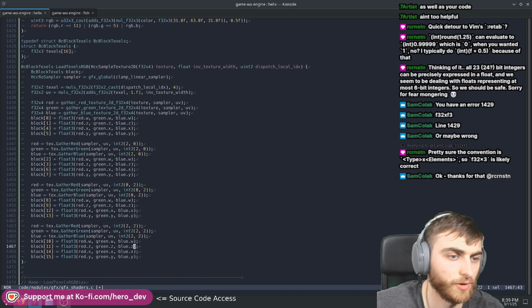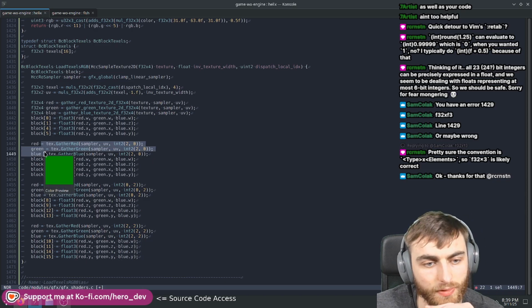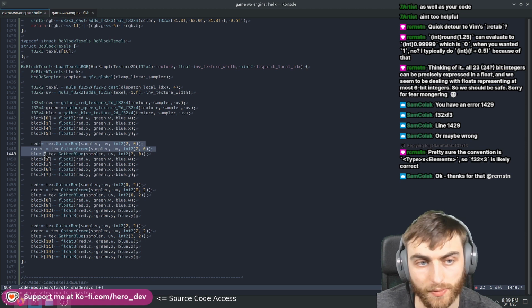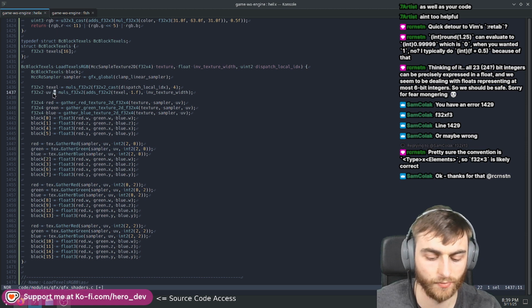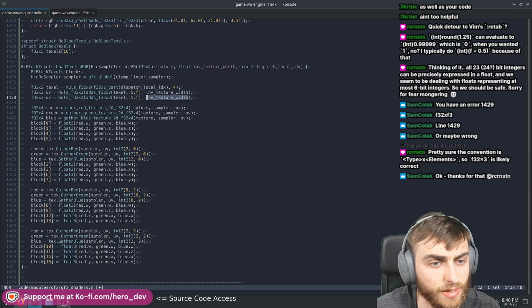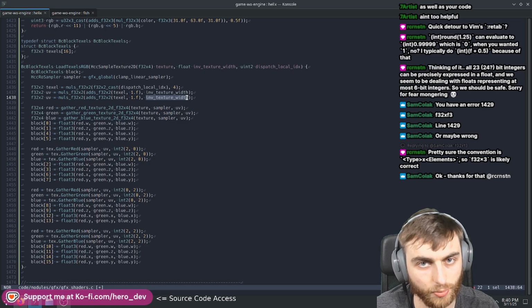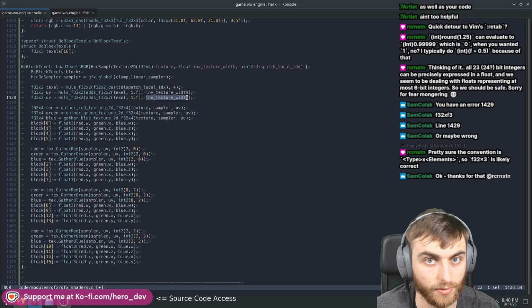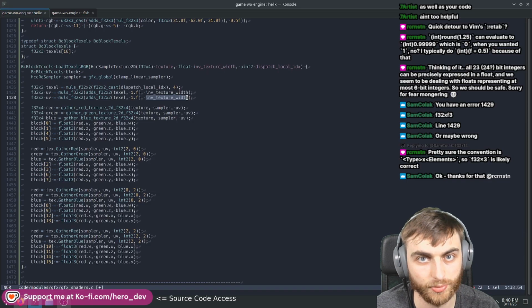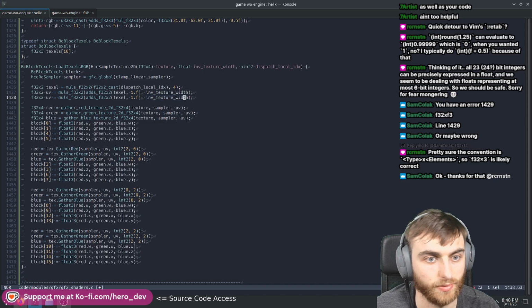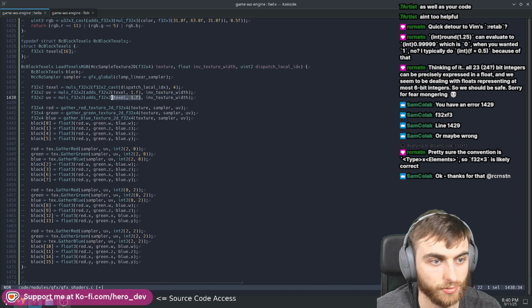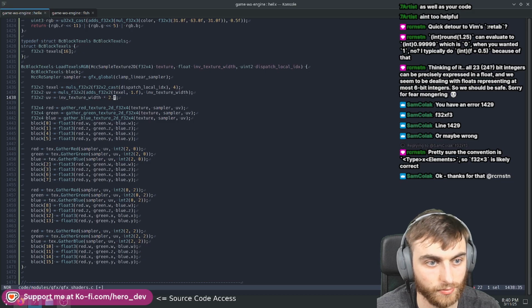Okay, that's looking good. So the next thing we need to sort out is these neighboring ones. Now, how are we going to do this? What we need to do is get some sort of offset in UV space. We already have inverse texture width, so that's 1 divided by the texture width. That's how big 1 pixel is in UV space. That's all it is, right? So we can get that just by doing 2 times,